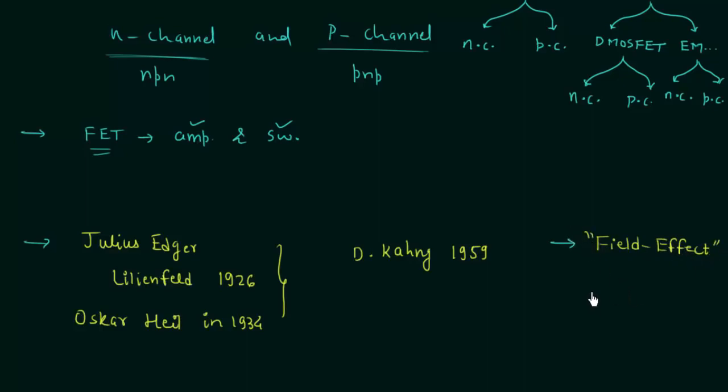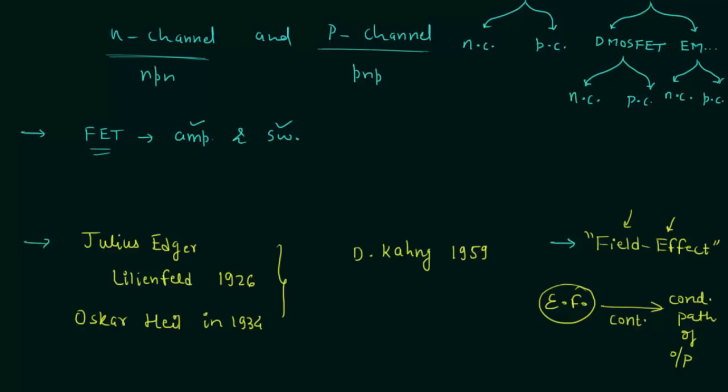In case of field effect transistors, an electric field is developed by the charges present, and this electric field controls the conduction path of the output circuit. So there is an effect due to electric field,